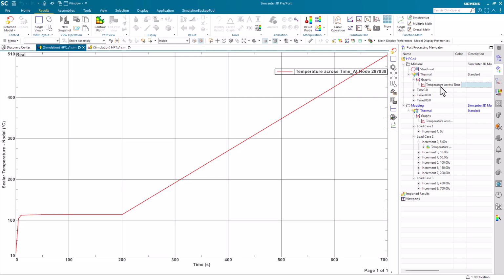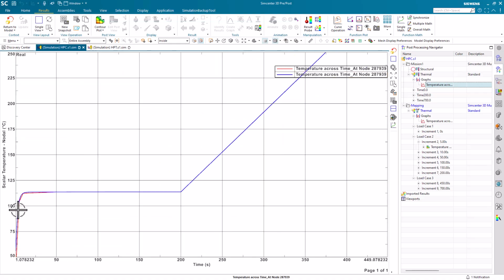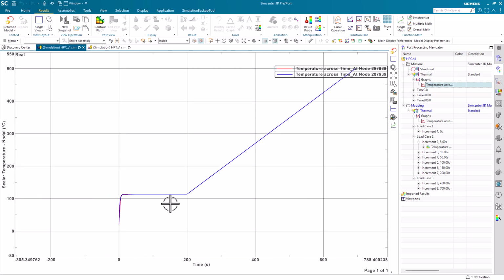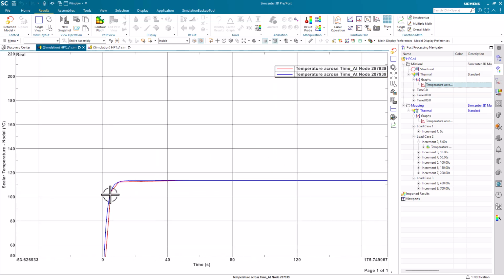I can overlay that plot from the initial solution, and then if I zoom in this area, you can see the red curve being the one from the interpolated results. Where I have interpolated time points, the results are right on top of one another. But for example, the region where we have a nonlinear behavior in the transient